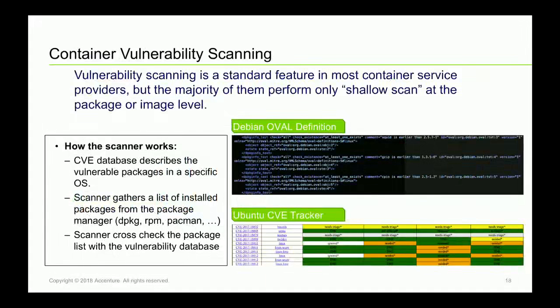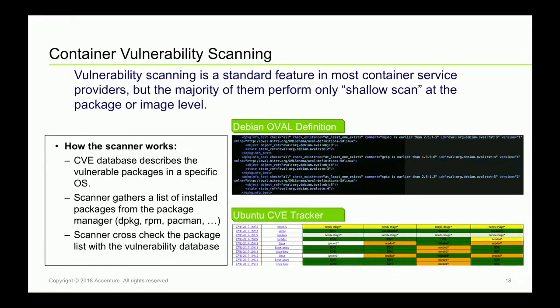If you are not familiar with OVAL definitions, it's just a way some Unix or Linux distributions share information about the CVE, the severity, the package name, and which version of the package or packages are affected by a certain CVE. And this is how vulnerability scanners work.